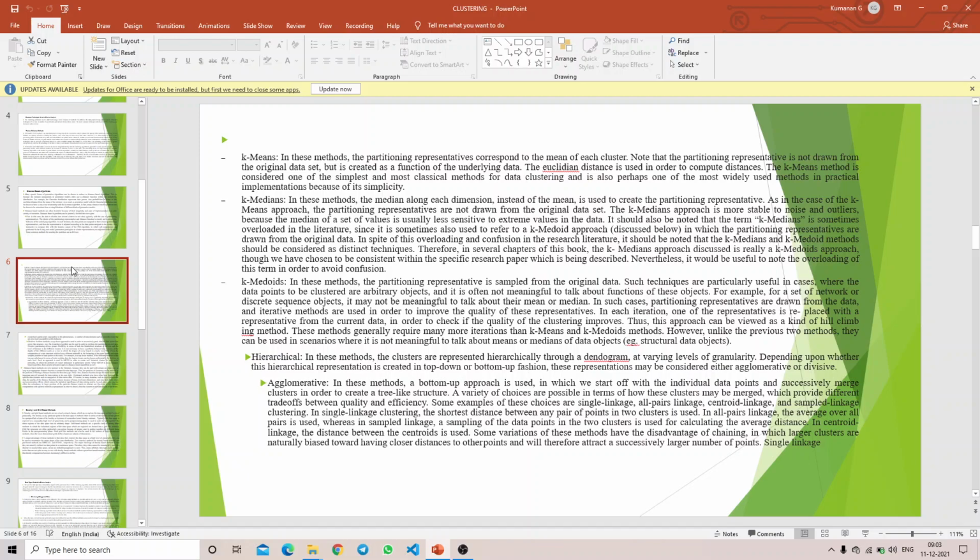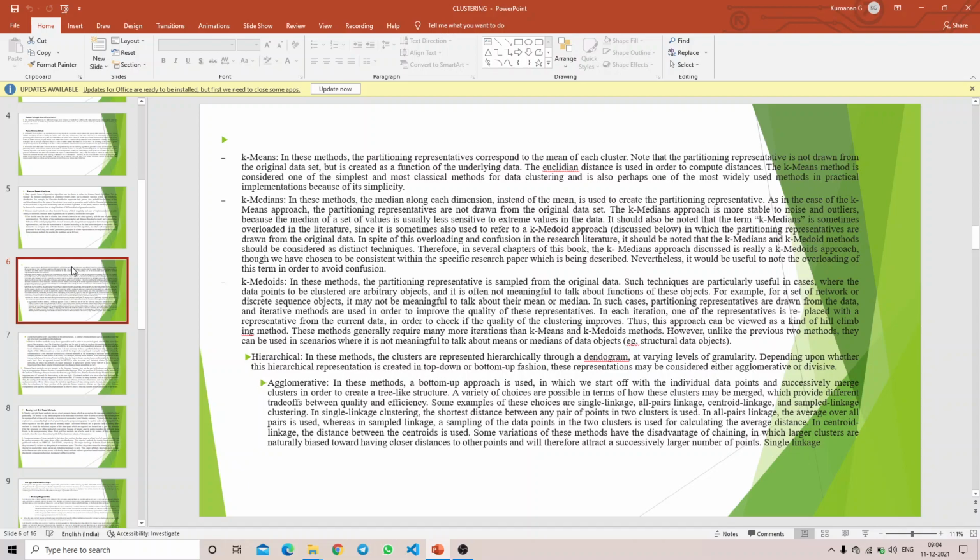K-medians. In this method, the median along each dimension instead of the mean is used to create the partitioning representative. As in the case of the k-means approach, the partitioning representatives are not drawn from the original dataset. The k-medians approach is more stable to noise and outliers because the median of a set of values is usually less sensitive to extreme values in the data. It should be noted that the term k-medians is sometimes overloaded in the literature, since it is sometimes also used to refer to a k-median approach